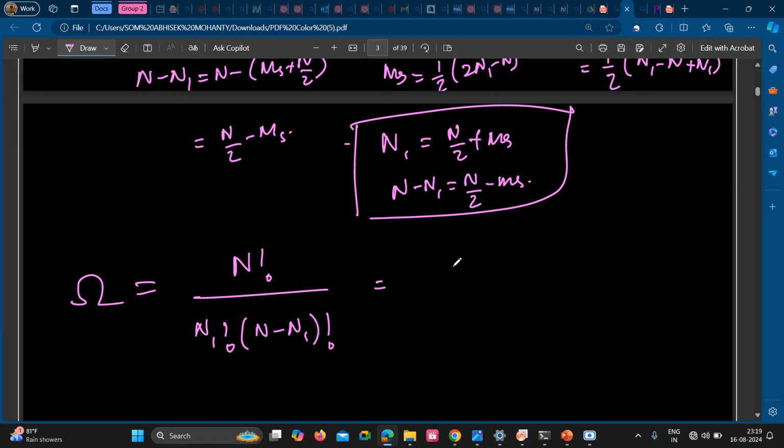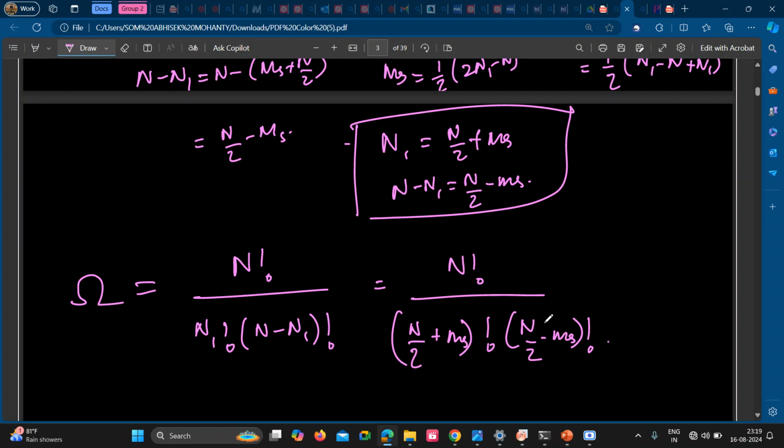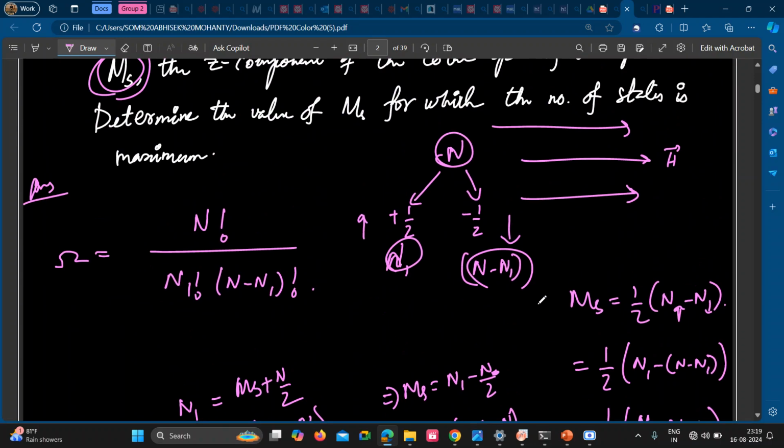So n factorial divided by (n by 2 plus ms) factorial, and (n by 2 minus ms) factorial. That is the expression. But what is the question? Question is,